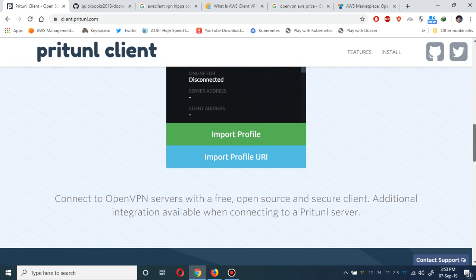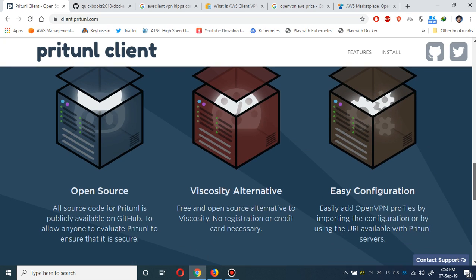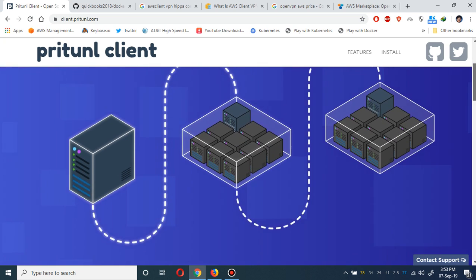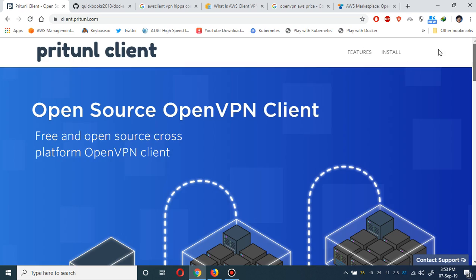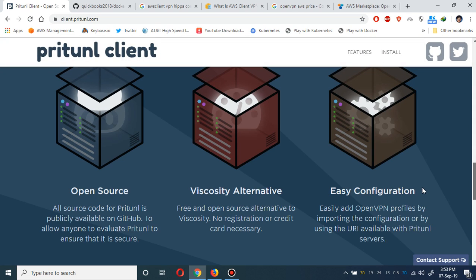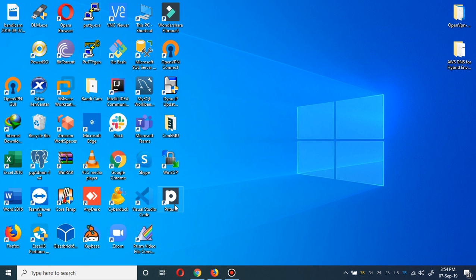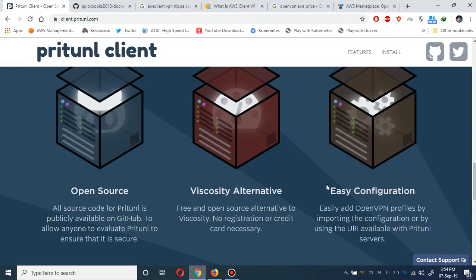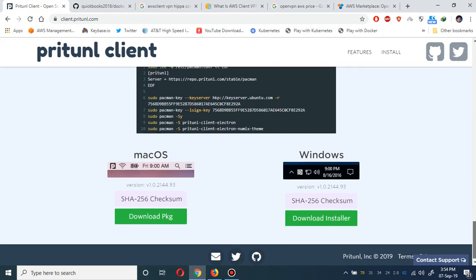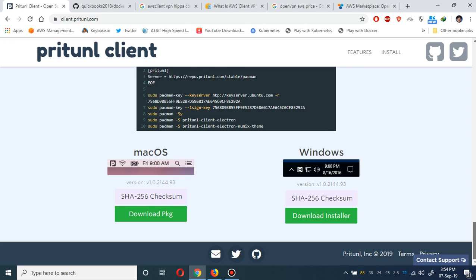Pritunl client. Pritunl is open source. At the backend it uses OpenVPN, and they provide you a client as well. They have very good features and proper documentation, and the client is available for Windows. It provides clients for all OS systems. So what I'm going to do,